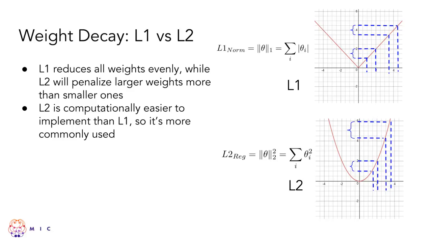Any questions about L1, L2, weight decay, why they're different? Yes. Is L1 or L2 better for certain things? L1, in its value as a feature selector, is why some people prefer L1, but most people prefer L2 because it's easier to implement. Yeah. Any other questions? Is this clear? Okay.